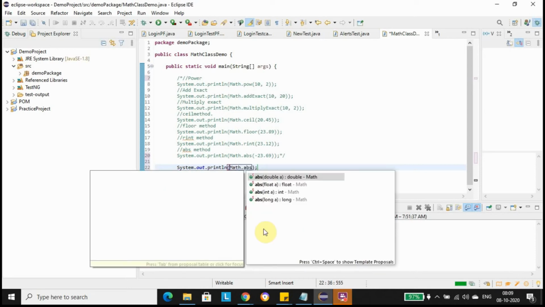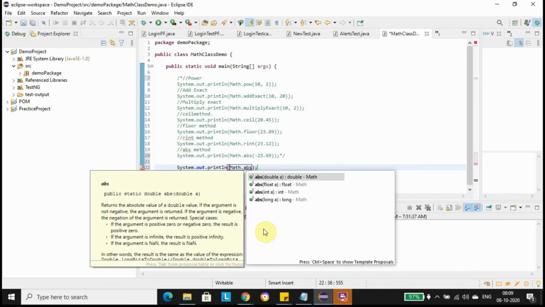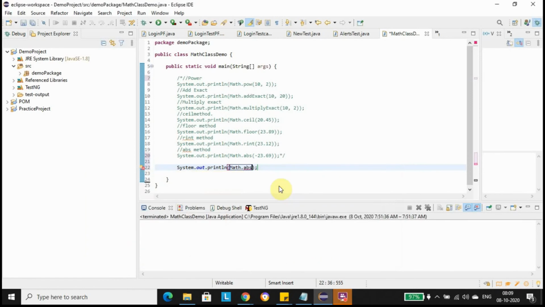Math.abs. So we have the abs method. What it does is it gets the absolute value of any particular number we are giving. It takes the input as double, float, int or long. So let me take the float one here. We'll provide the number as minus 23.65. It will get the absolute value of minus 23.65, so the output should be 23.65.